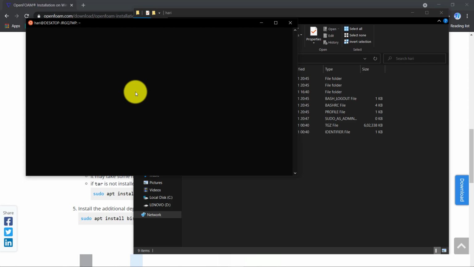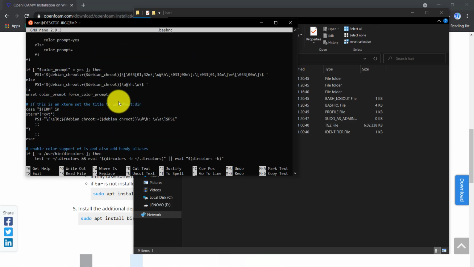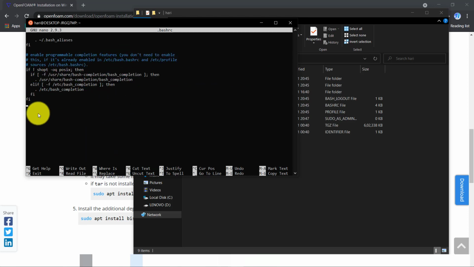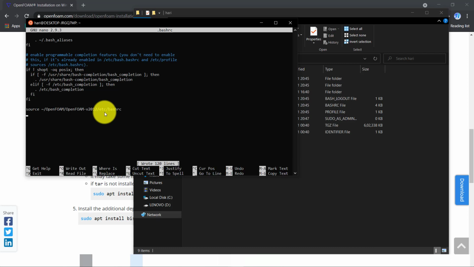It will open our .bashrc file, and at the bottom of this file we just insert this command, source, then the OpenFOAM path. Now we'll just save it. Control O, overwrite, file name to write .bashrc, enter, and Control X.